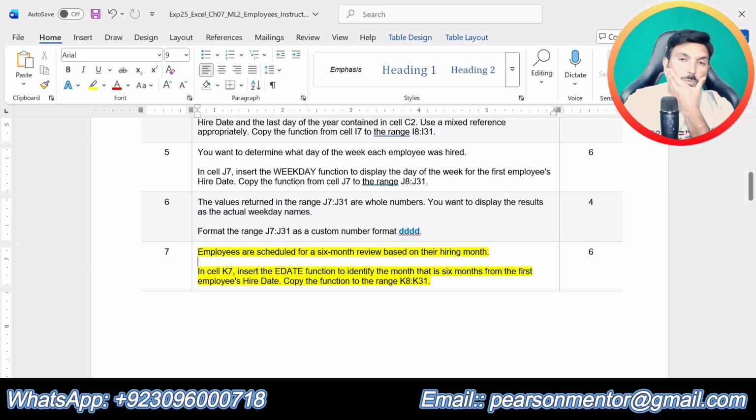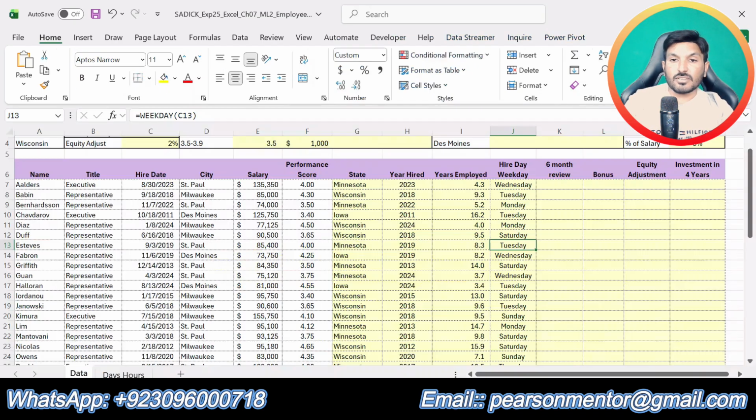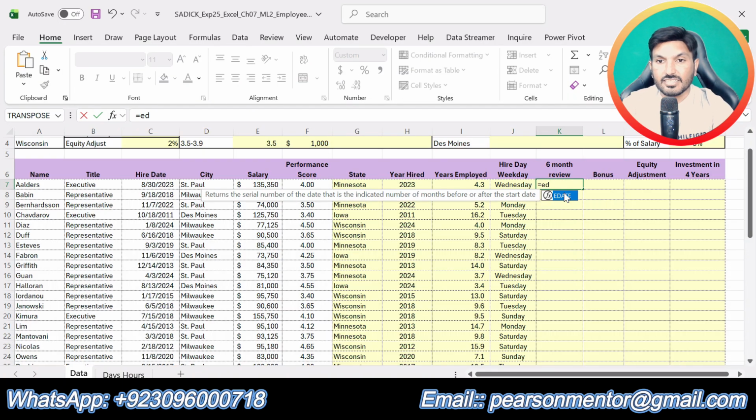So now we are supposed to use the EDATE function to identify the month that is 6 months from the first employee hire date. So we will go to cell K7 and use the EDATE function, this function.